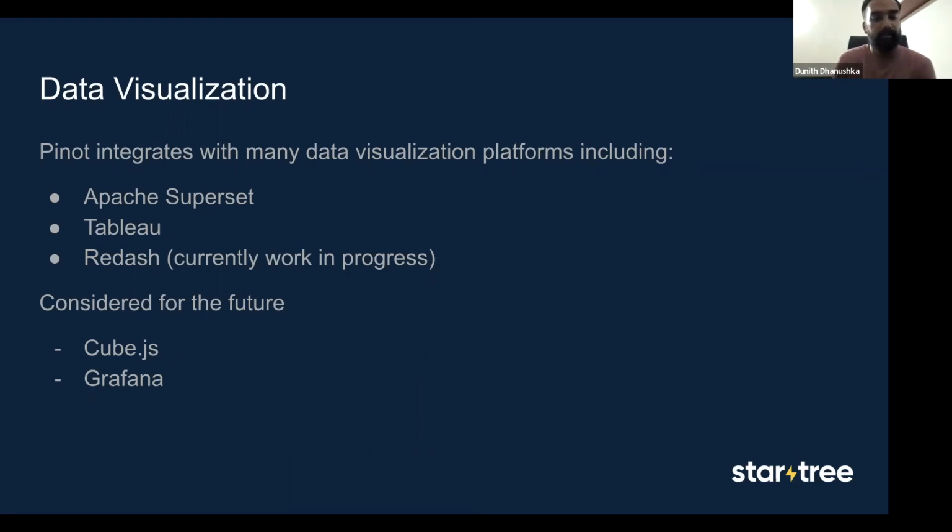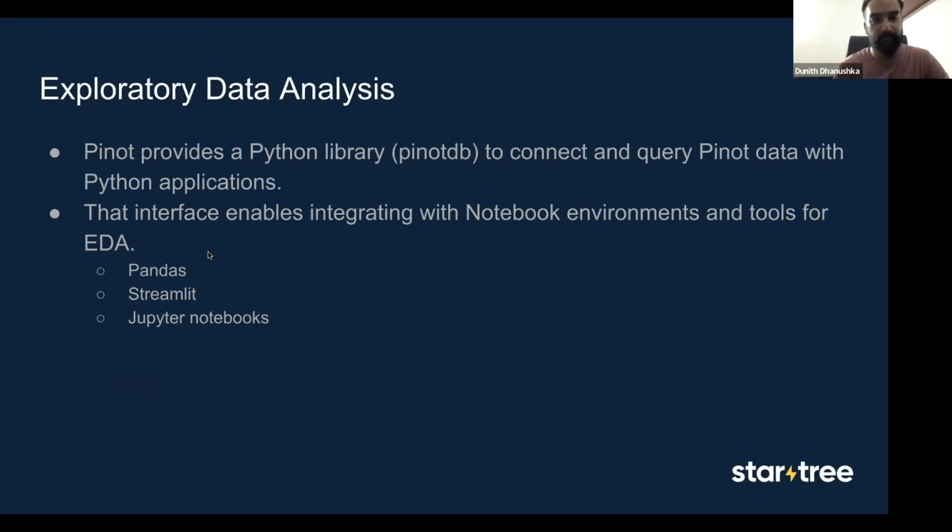Also, for the future, we are currently working on Cube.js and Grafana integration as well. If you follow our YouTube channel, you can see many meetup videos based on Apache Superset. So that's why I thought of demonstrating Redash support in this meetup.